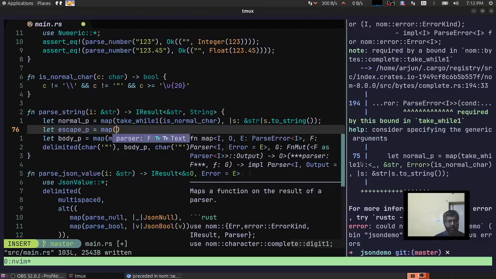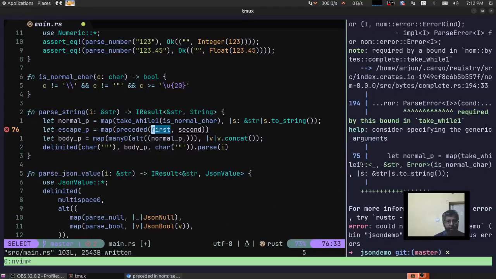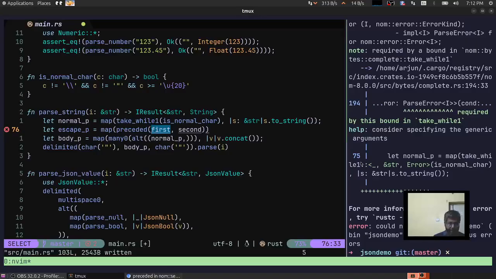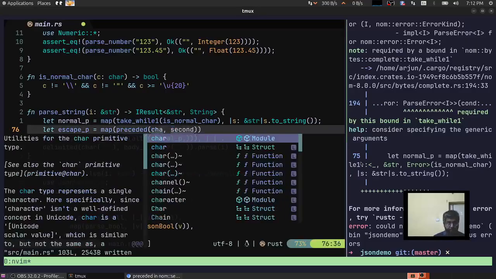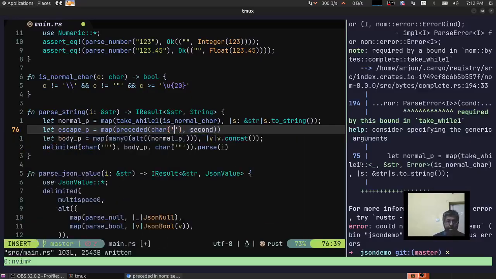So let's do that. What is the first parser? Okay, we are going to do char, and the second one would be